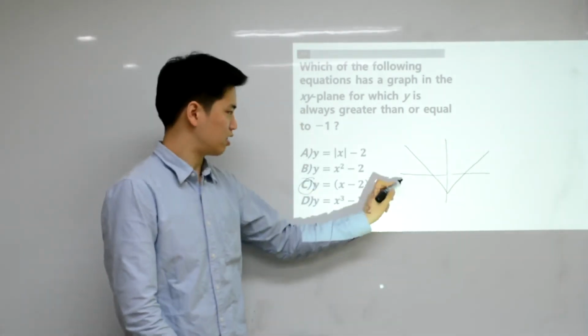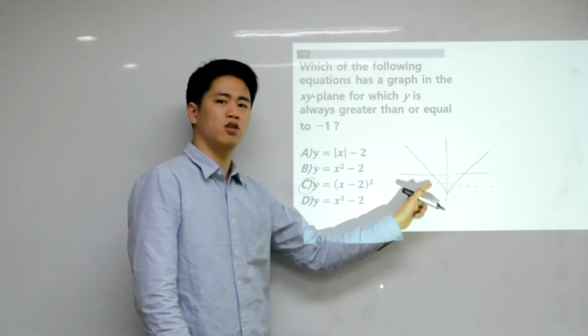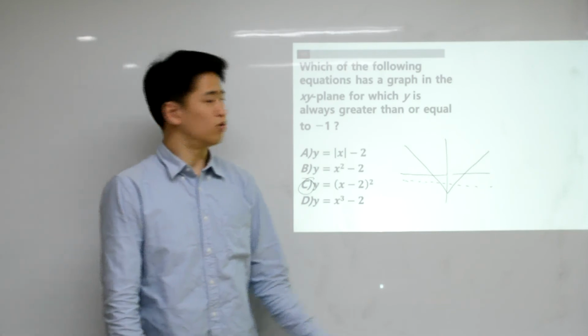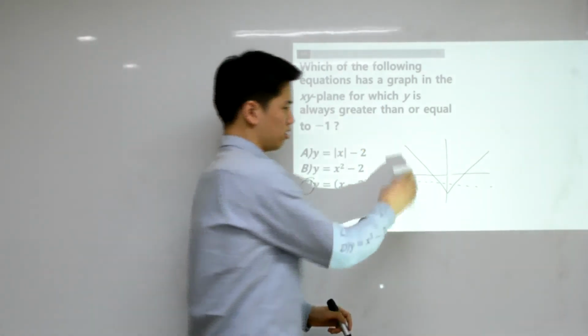And then if we say this is y equals negative 1, we see that in this portion, the graph is below the line y equals negative 1, which means that this criterion can't hold. Similarly,